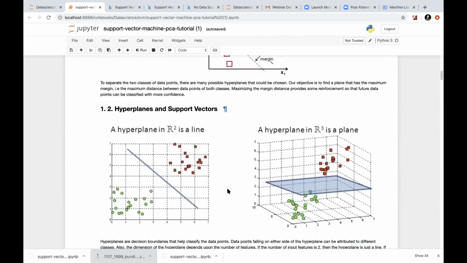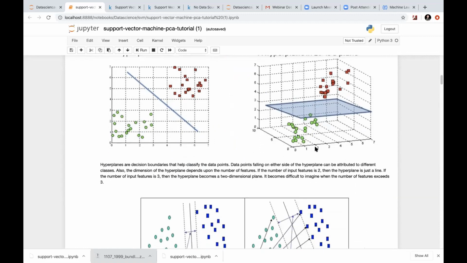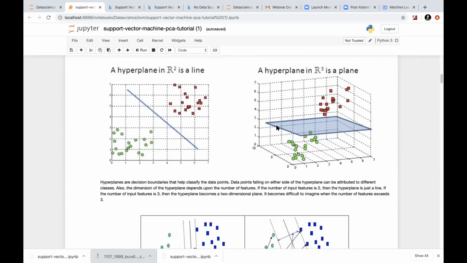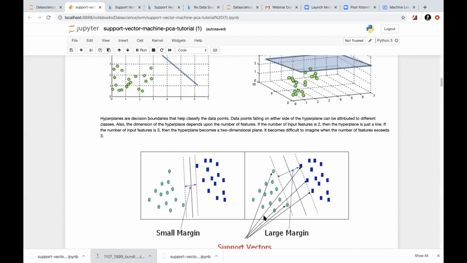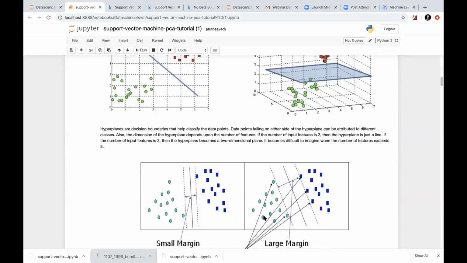All right. Now we try to imagine this whole thing in two-dimensional and multi-dimensional. In two-dimensional, we only have to draw one single line which can separate these two classes. But in multi-dimensional, there will be a hyperplane, and this is a three-dimensional visualization where, just like here you had a line, here you have something like a slab. We cannot visualize four-dimensional or five-dimensional, so we are not going towards that. But it's all mathematical, so the values can be derived.